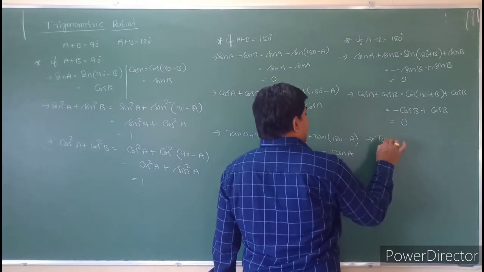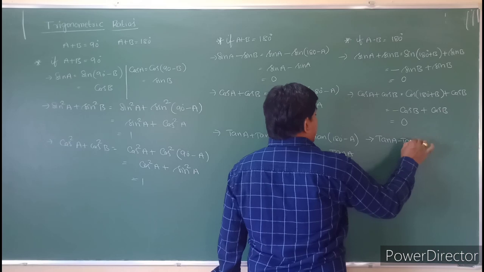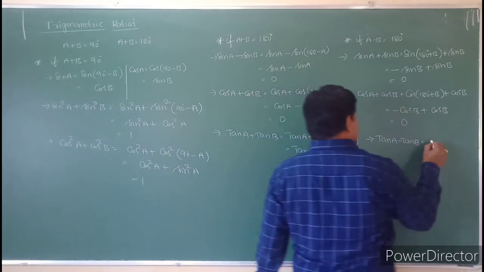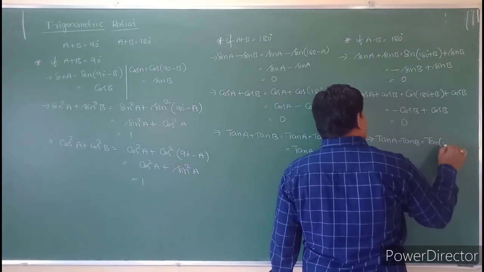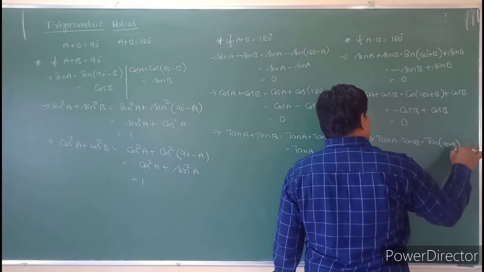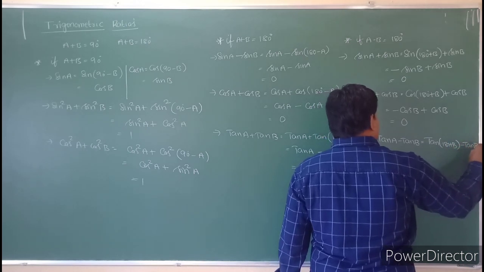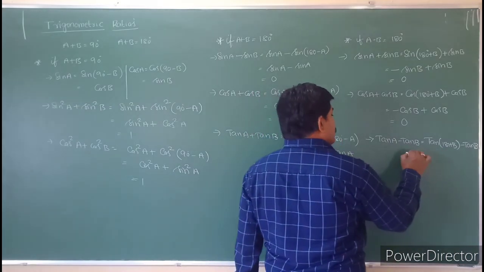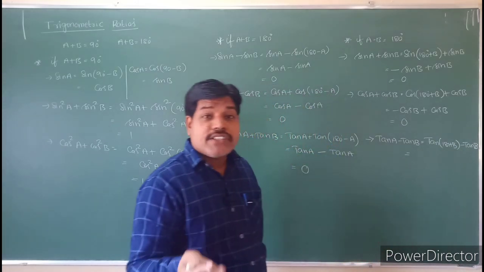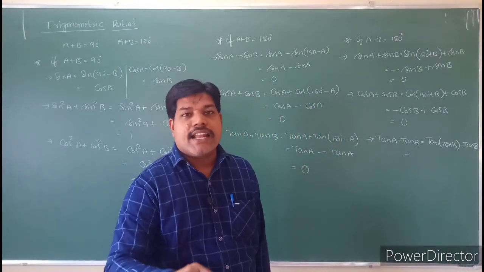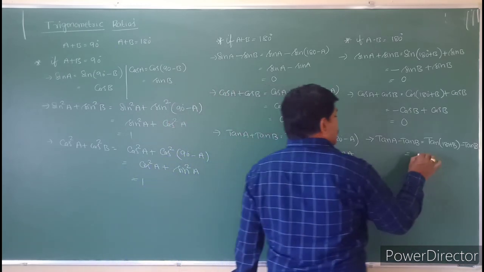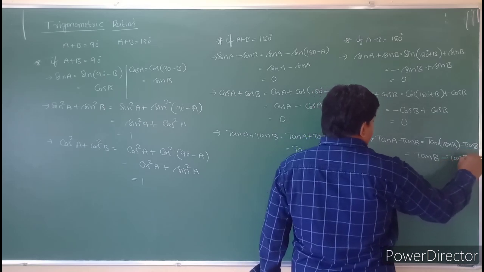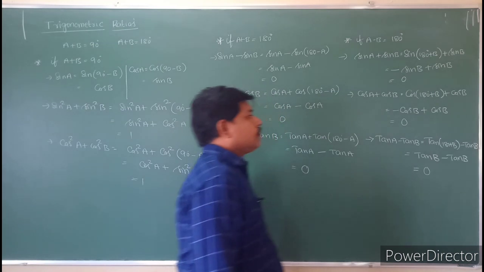So see the third one. Tan a minus tan b is equal to, what happens? So that is tan of 180 plus b minus tan b. Tan a is equal to tan of 180 plus b, minus tan b. So that is equal to tan of 180 plus. 180 plus means it is in the third quadrant. In the third quadrant, tan is positive. So you will get tan b minus tan b. It will become 0.